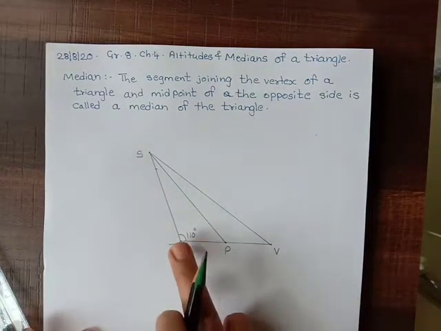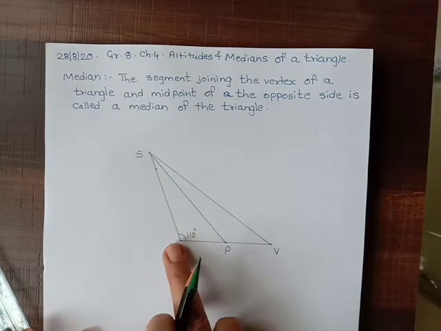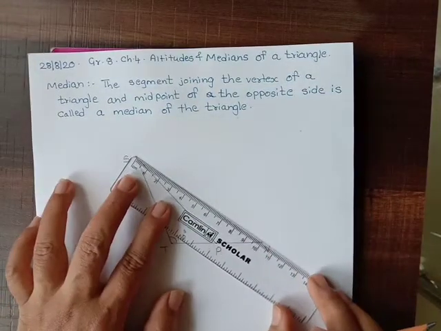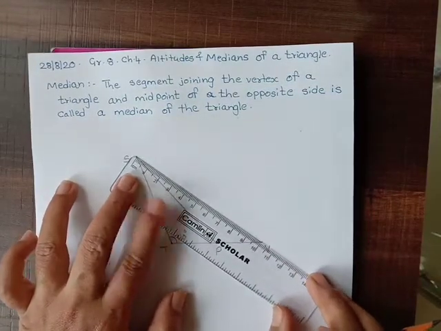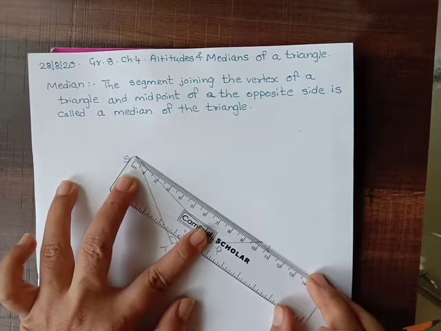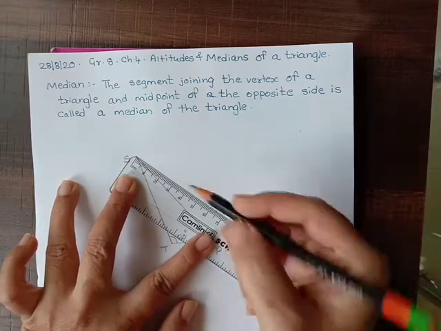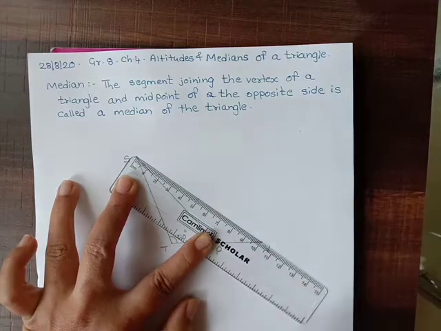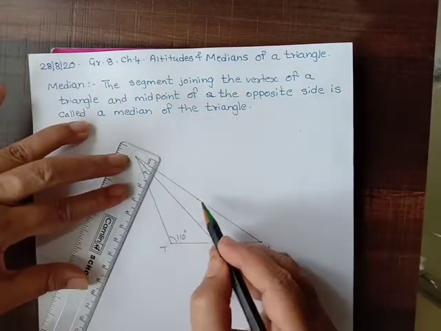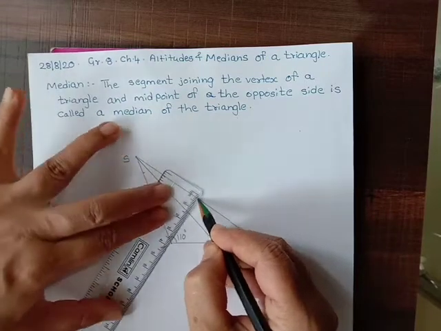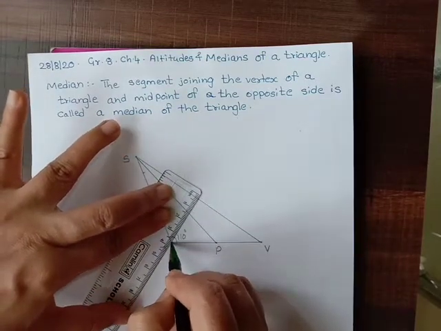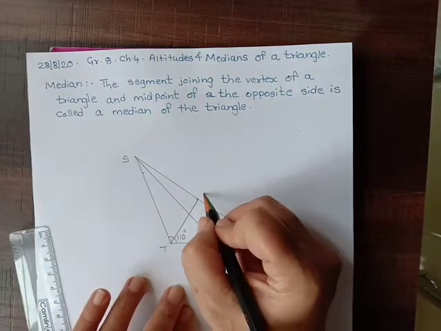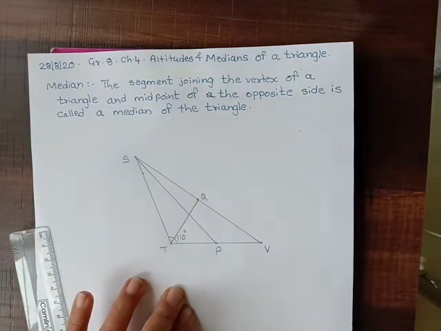Now let us draw all the medians from all the vertices to the opposite sides. Now look at this. Let us check what is the length. See, this is exactly 10 centimeters. So midpoint will be 5. So I am taking 5 over here. Now if I join this point with T, this will be my another median. So this point, I will write as Q. I hope you are understanding what I am doing.